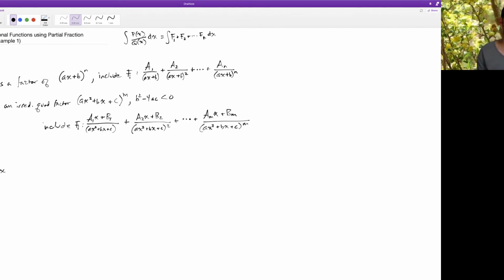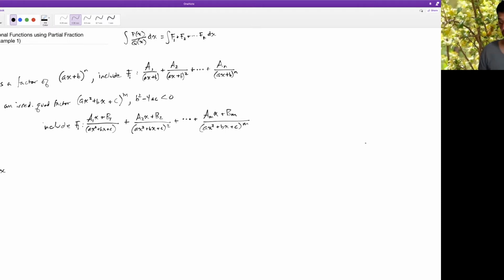Depending on the factors of q, that helps us determine what these new simpler fractions are going to be. And we have these two rules. One is if we have a linear factor, it might be repeated, so a linear factor to some power, and you'll have fractions that are each successive power of that linear factor as denominators,